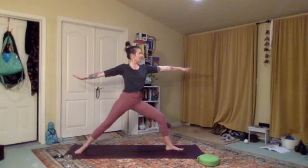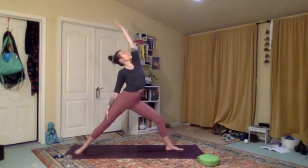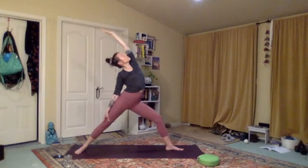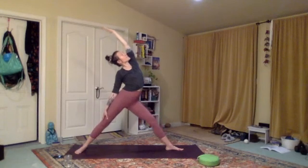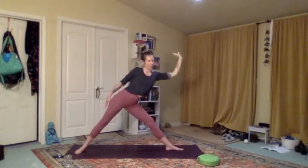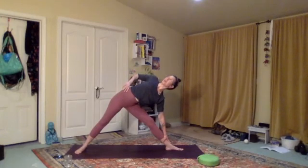With your next inhale, flip your left palm. Exhale, reverse. Maybe letting those left fingers move towards the back of the mat. And then straighten that left leg, push your hips back, and using your exhale, flow down into your triangle on this side. Right hand comes to your right hip, pushing shoulder and arm back, maybe letting your gaze go up,